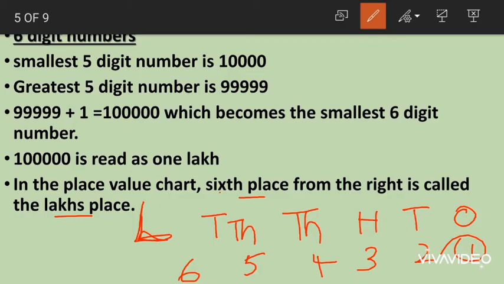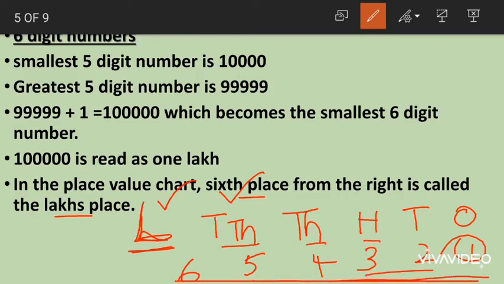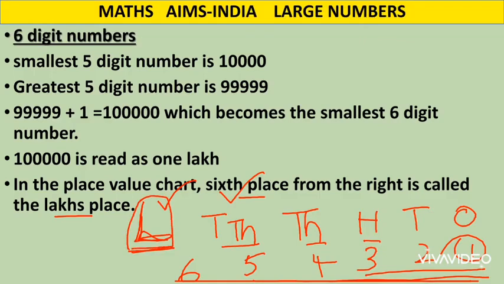See, children, here we are learning about another new place value. We have already learnt about 10,000, which comes at the 5th place, and now we are learning about lakhs, which comes at the 6th place from the right on the place value chart. Okay children, how many digits does a lakhs have? Lakhs have 6 digits, 10,000s have 5 digits, thousands have 4 digits, hundreds have 3 digits. Any 6-digit number has lakhs as its highest place value.